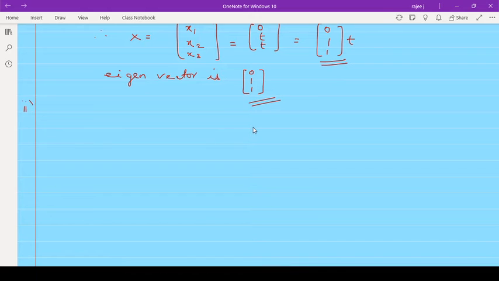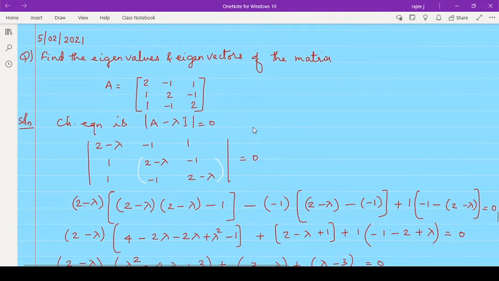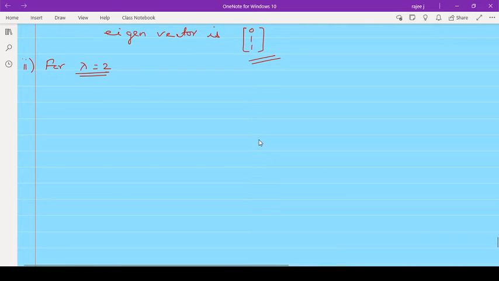Similarly, the second case, for lambda equal to 2. Again what we do is, from the first matrix, we subtract lambda equal to 2 from the diagonal elements. Okay, so let's do that. Lambda equal to 2, then (A minus 2I) times x, or x1, x2, whatever you need you can put here, no problem in that, be the eigenvector.